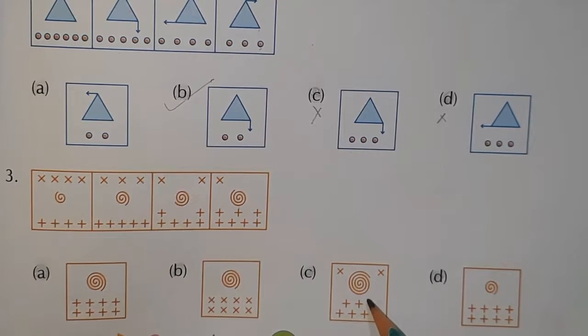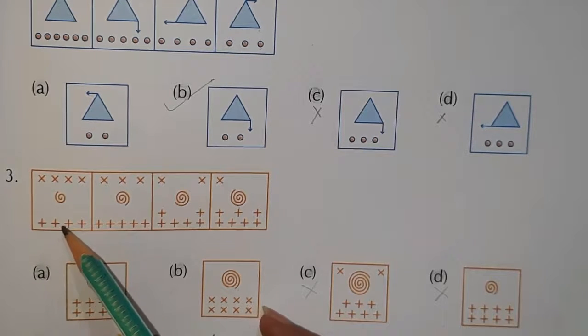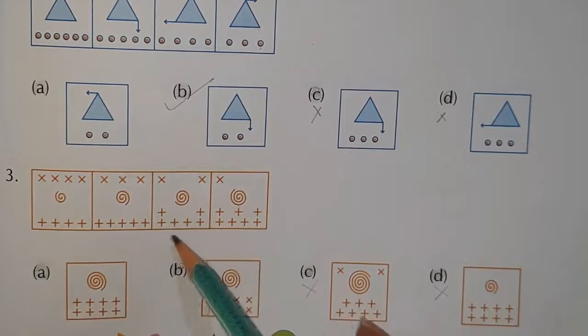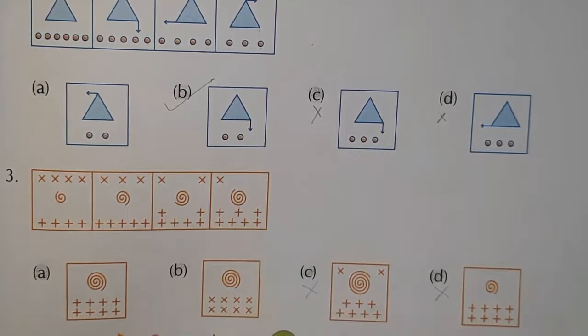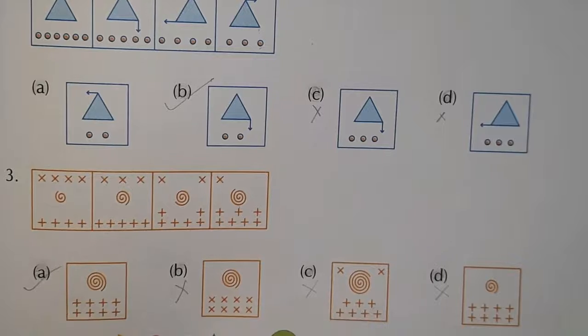This rotation is wrong. So C part is totally wrong. Here the figure is small in between. So this is also wrong. Now check here. 1, 2, 3, 4. 1, 2, 3, 4, 5. Then next is 6. 1, 2, 3, 4, 5, 6. And here 1, 2, 3, 4, 5, 6, 7. 8 signs should be there of the plus addition sign. Addition signs are needed. So B is also wrong. Which option is left? Only and only A. Got it? In this way you can find out the correct option.